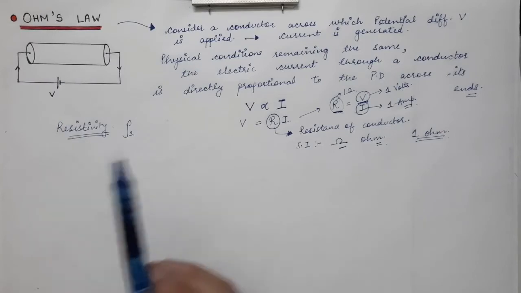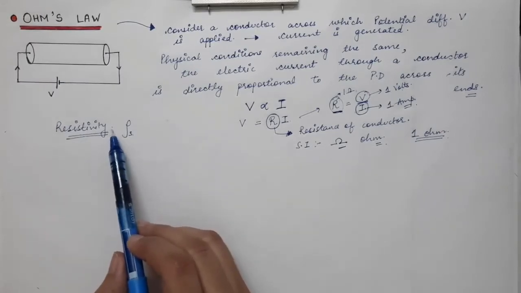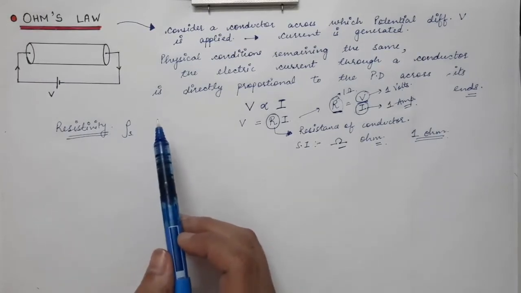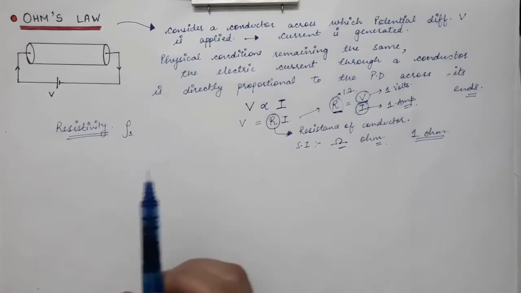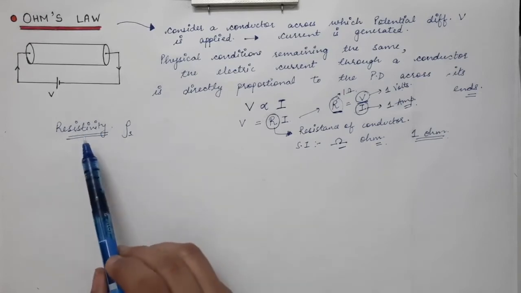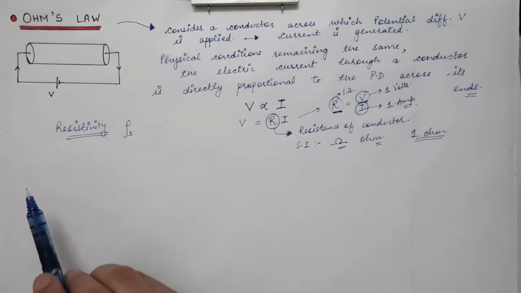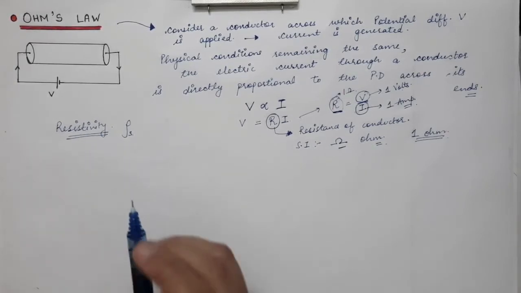It will be just equal to resistivity. So resistivity is defined by taking a unit area of cross section and a unit length of the conductor. So whatever the resistance will be, that will be nothing but called as the resistivity of that material. So resistivity